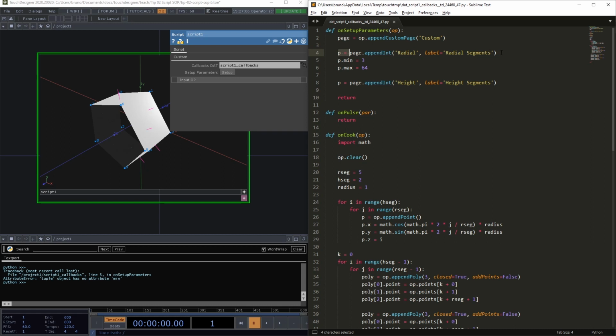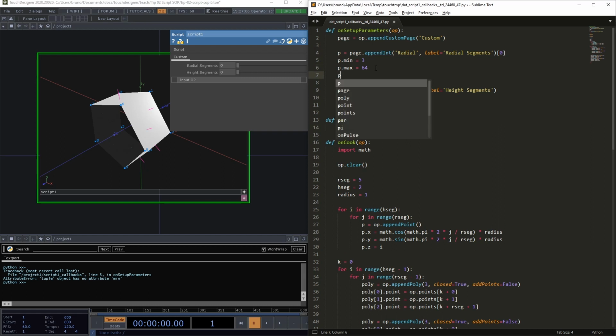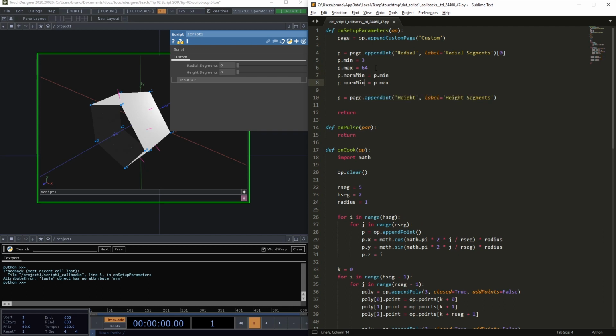In order to access the parameter, I need to find the first item, which is square brackets 0. Now save this, setup, and we still have this between 0 and 1. And that's because the slider is using normalized values and it doesn't know anything about our min and max. So let's update that. So p.norm min equals p min, and we can duplicate that line and do the same for max. Save it, go to script, press setup, and now our radial segments are going from 3 to